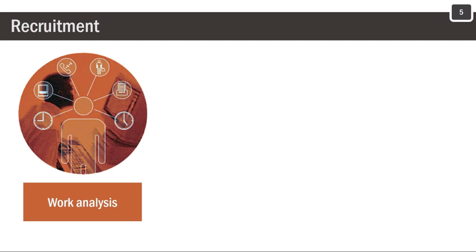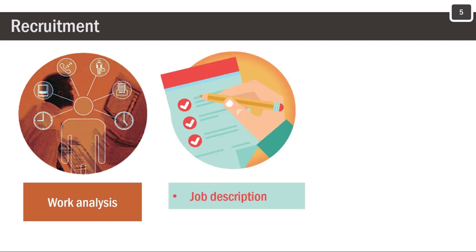Right, where do we start? We start with recruitment. And where do we start recruitment? By now you should be able to provide the answer. And your answer would be, we start recruitment with work analysis. Work analysis provides the information based on which we can write a job description. And the job description explains the job to candidates and helps the recruitment process by providing a clear guide to all involved about the requirements of the job.